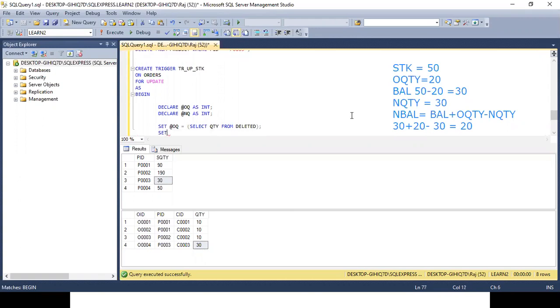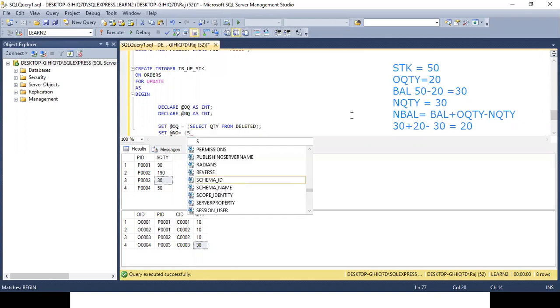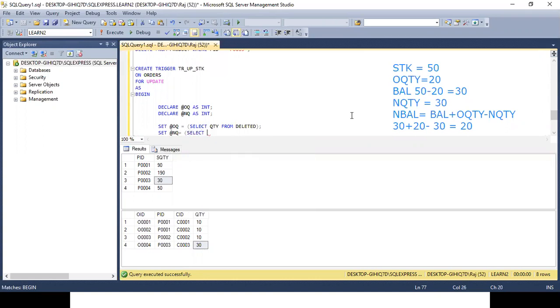and set @NQ is equal to select QTY from inserted.